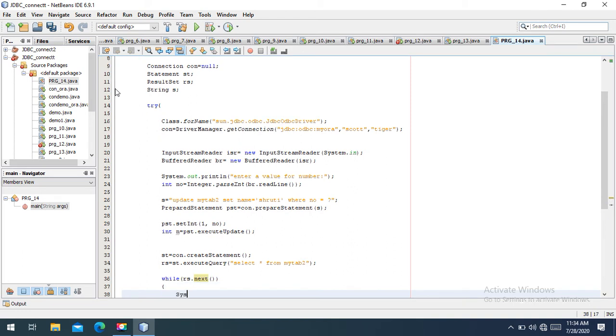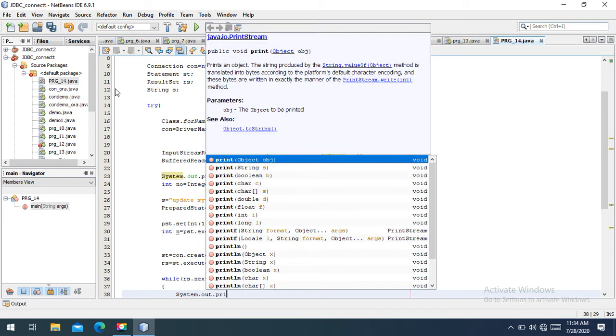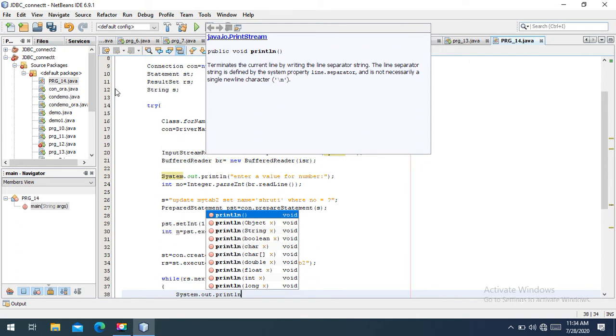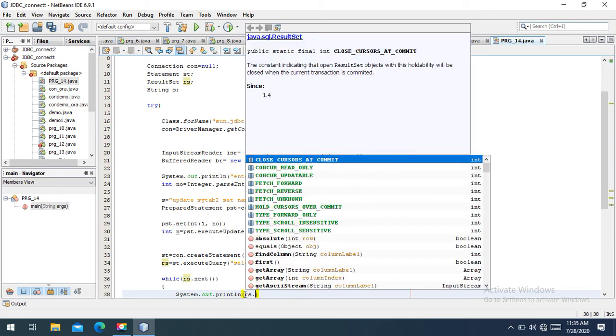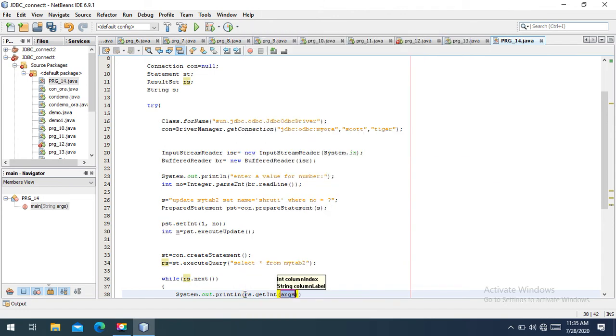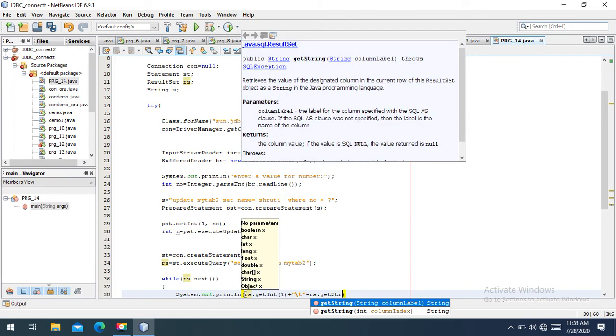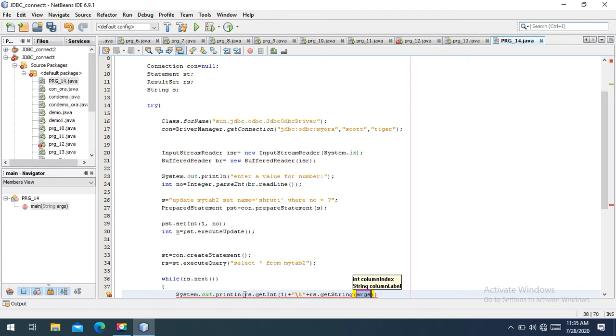Inside it we will write system dot out dot println, and then we will print some message here. rs dot getInt, and the argument is the column number we want to print, then plus symbol \t, again plus symbol, and rs dot getString for printing a varchar value, and the argument is which column you want to print, the second column of my tab2 table of Oracle database, right? So I will write 2 over here, semicolon,